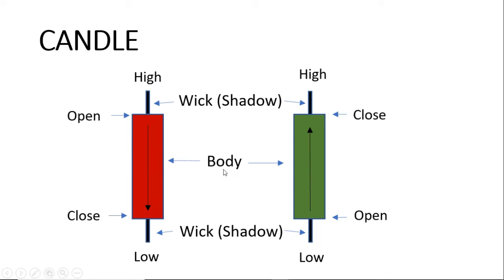In the same way, we'll discuss the green candle. It has opened here, gone in the upward direction, and closed here. At 9:15 it opened here, and it got closed at 3:30 at this point. What is this high? On that day, how high the value has reached. The value has gone up more than this, and again it has fallen down to here and got closed here. That is the way you have to read a candle.